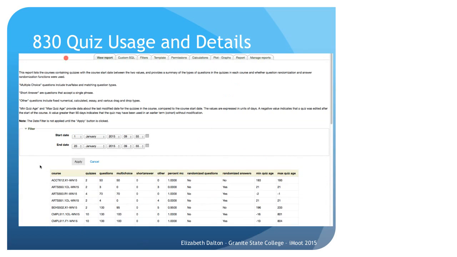And this one, the 830, was developed specifically to respond to an accreditation request and has to do with our use of multiple choice based quizzes, which we tried not to use too many of. So here we're looking at some specific examples of how many quizzes are included in courses, how many questions were included in all of the quizzes, summed up, how many of those were multiple choice versus short answer versus other like essay. So what percentage of them were multiple choice, whether the questions are randomized from a bank, whether the answers are randomized as far as the order that they get picked in,